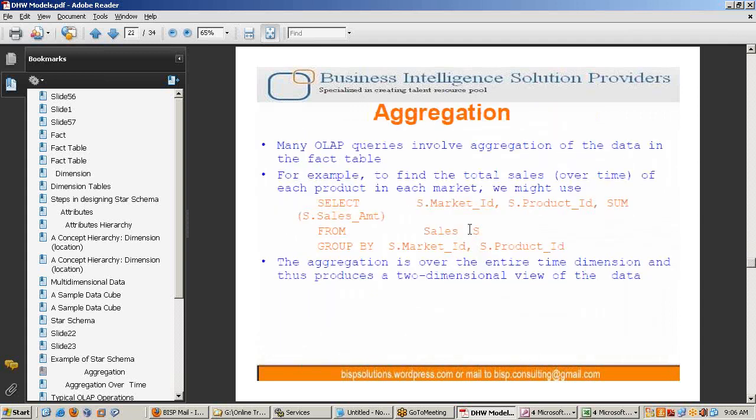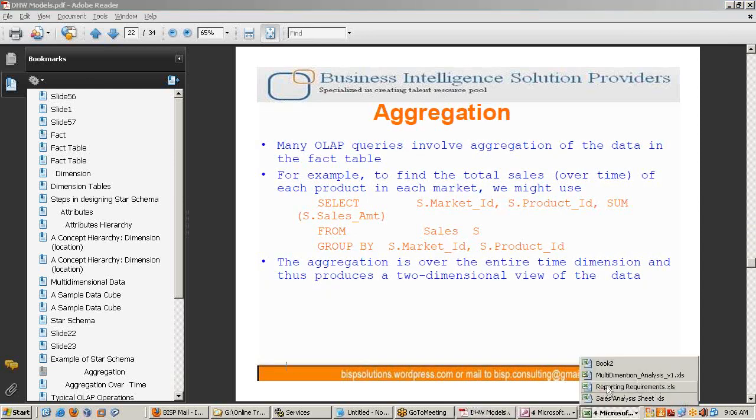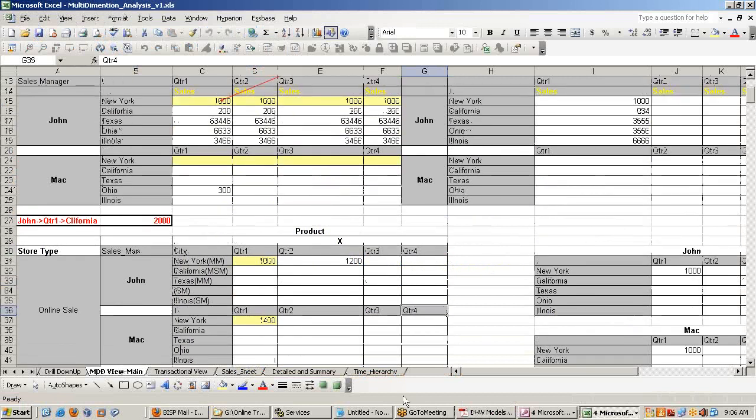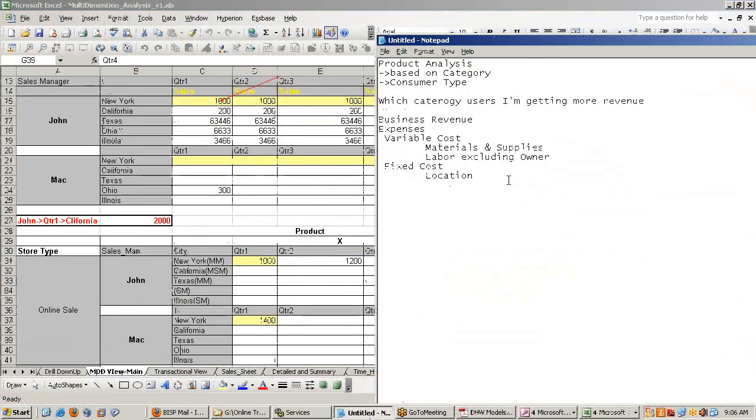Okay, now let's talk about aggregation. What aggregation is all about. We use a term called pre-aggregate.